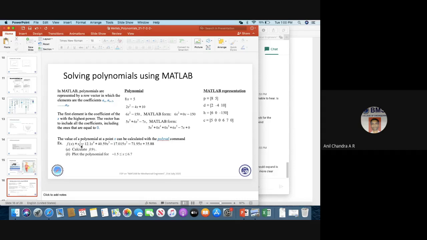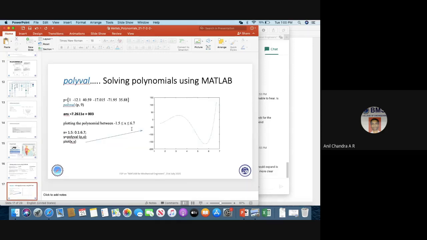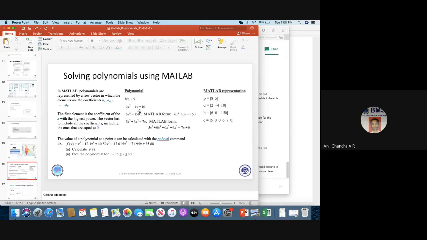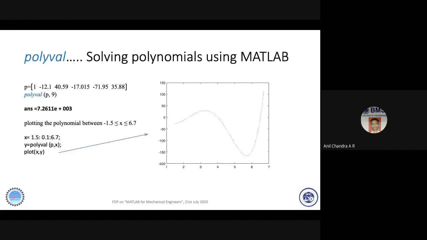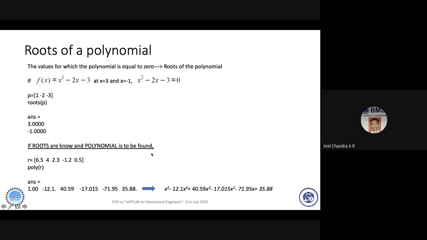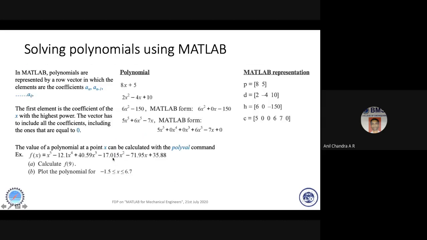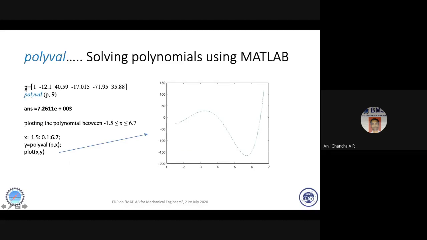The polynomial is defined as follows: x power 0, 1, 2, 3, 4, 5. The fifth order polynomial, or the degree of the polynomial, is x power 5. So I will take out the constants and define it like this: 355.8, minus 71.95, 17.1, 40, and I give it into the value of p.